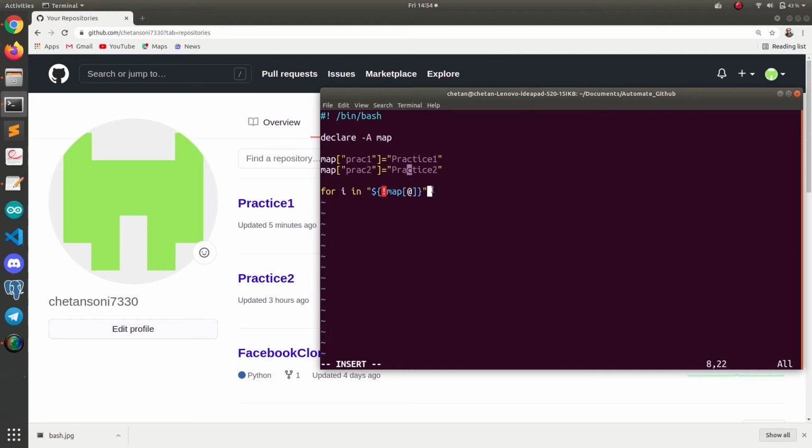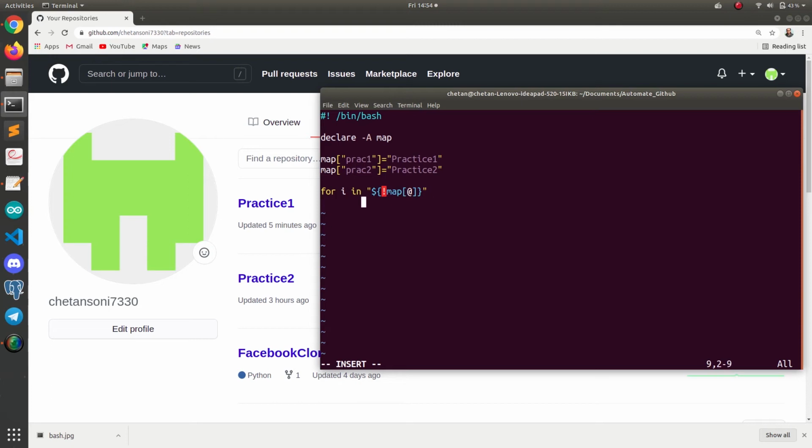If instead of @ I write 0, it will access only this prac1 key. If I write 1, it will access this prac2 key, because this is an index number. So I am entering this @ so that it can automatically access both keys one after the other, because we are using the for loop.